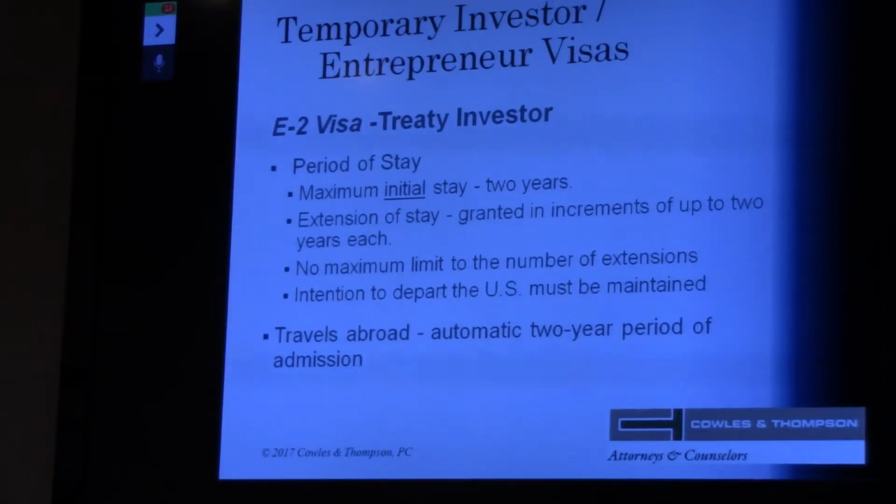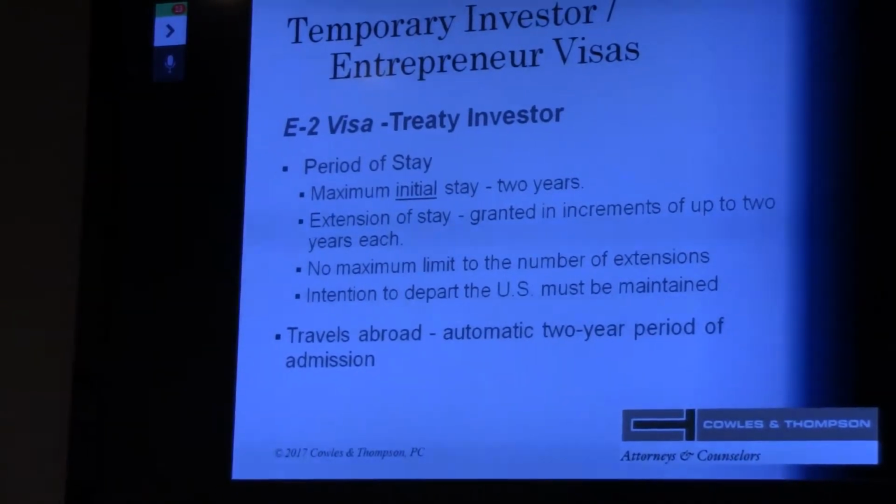So Angela, if I can't show any ties, like say I got my E2 and I sold my house and I canceled all my cell phones, what's wrong with that scenario? Yeah, no, I always tell people, keep some sort of ties. You don't have to keep a house. You don't have to keep a big investment, but you need to keep some sort of ties, and we always include the intention to depart statement. Right. I know statements, but we trust that when the client is signing those statements, they are being truthful. And I do know that London actually wants the evidence of the ties in the UK. So again, very consulate specific.